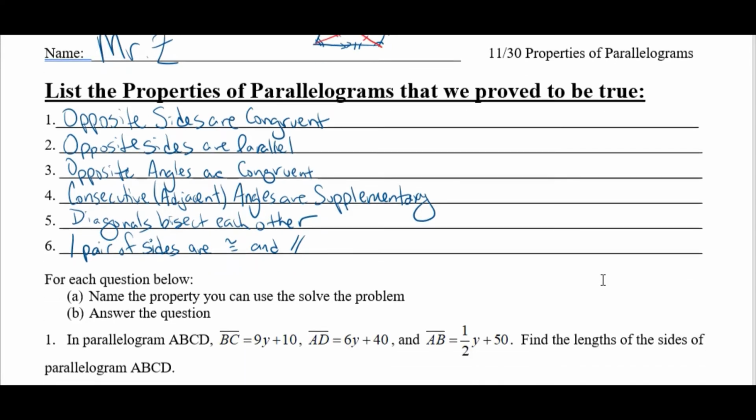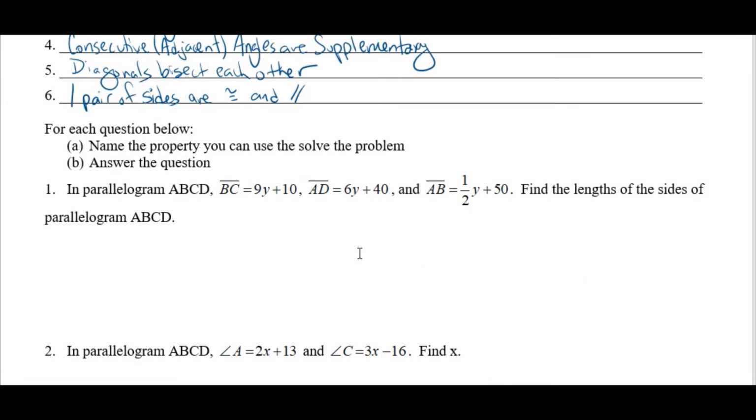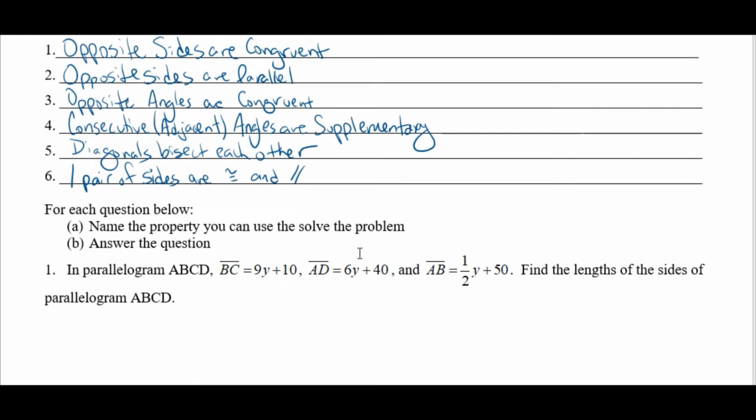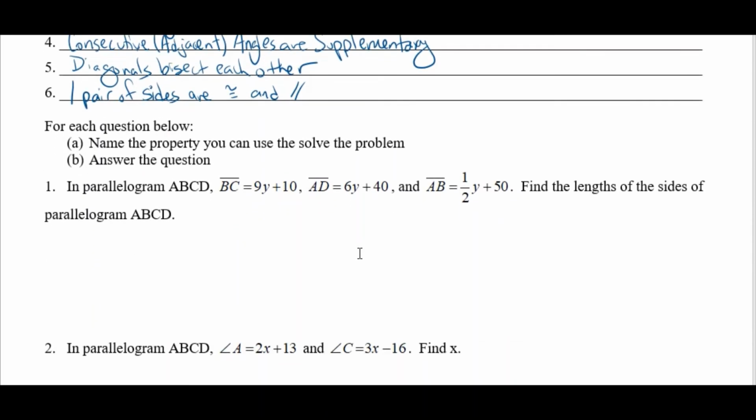All right, so what we're going to do for the rest of this is we are going to create equations and solve and then list the property from these 6 that we're using, okay, as to how you would do the question. So in the first one, all right, we know we have a parallelogram ABCD. Now we're going to draw a picture, and the way we label this parallelogram is we always just pick a corner and then we go kind of around counterclockwise here. So if we want to say this is A, then we would go kind of around in the circle here